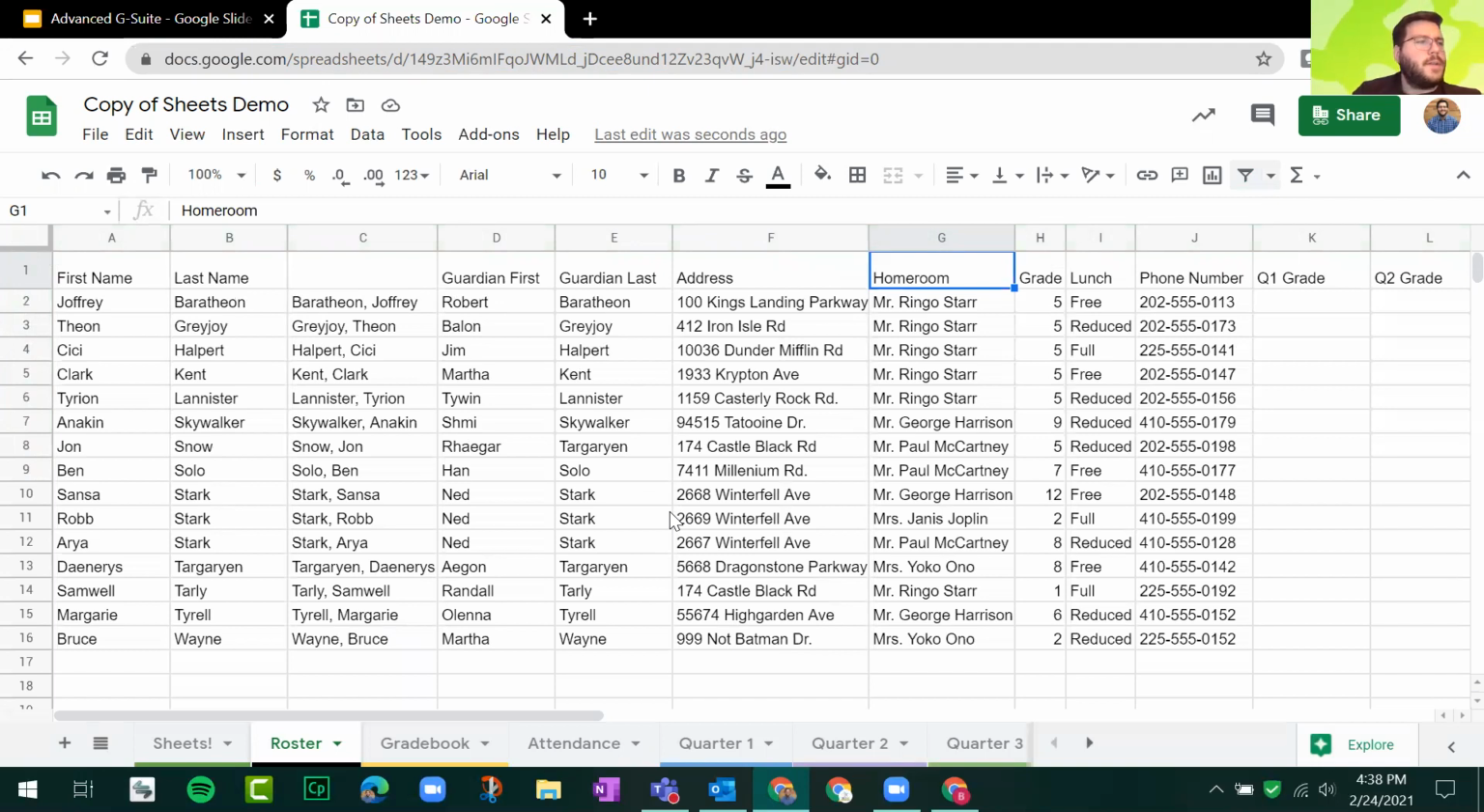Real quick question in the chat here: will that person be able to open the whole sheet or just the filtered part? Yeah, they would be able to open the whole sheet because when you share the link out to them, they have access to the whole sheet. So yes, they would be able to close the filter and view it from there. If you wanted to hide that information from them,